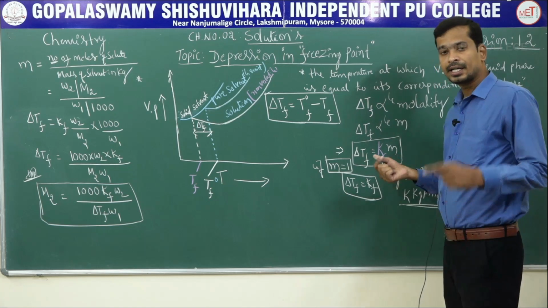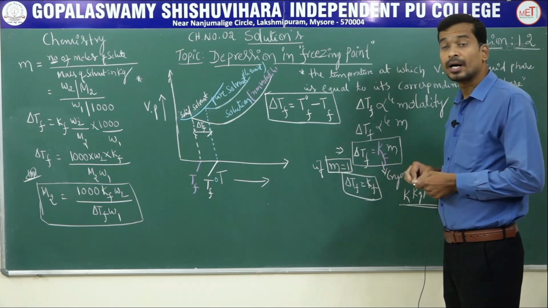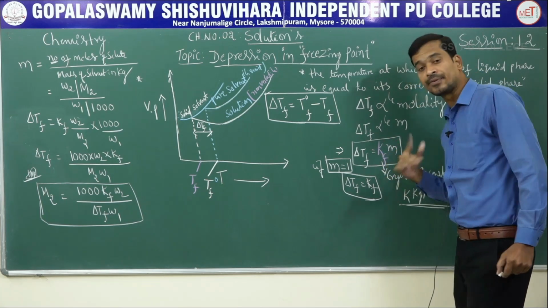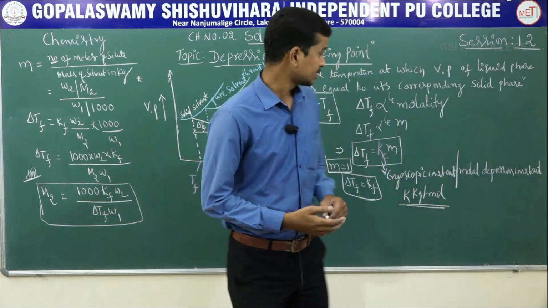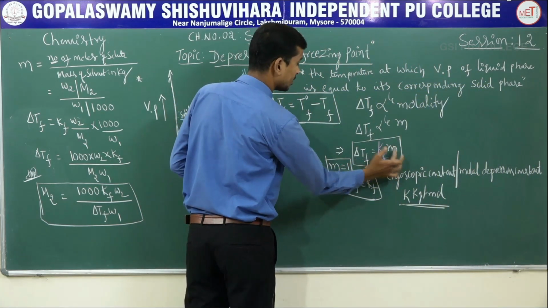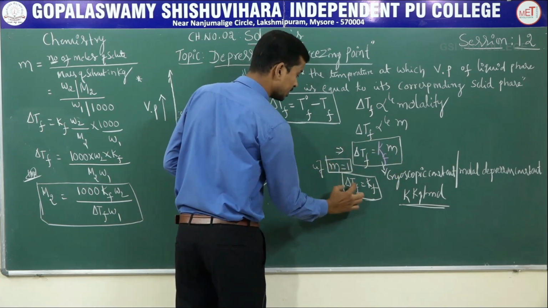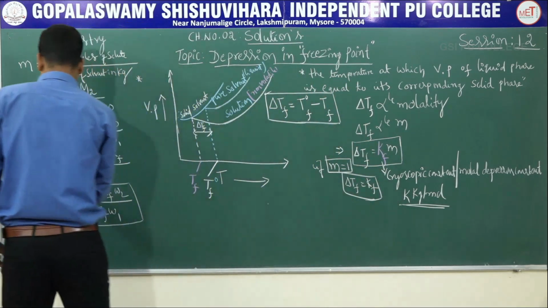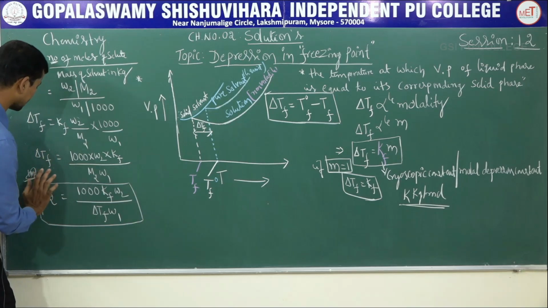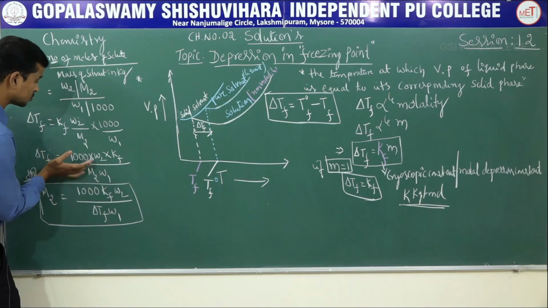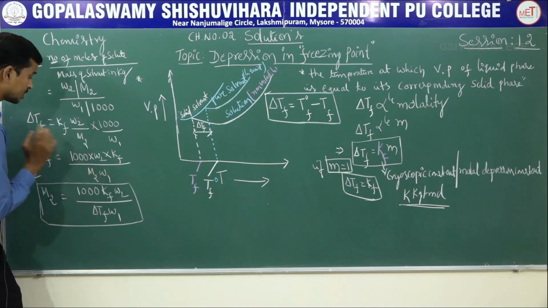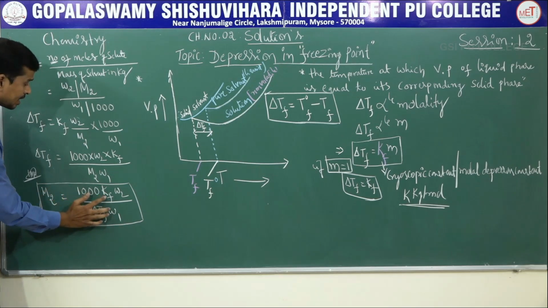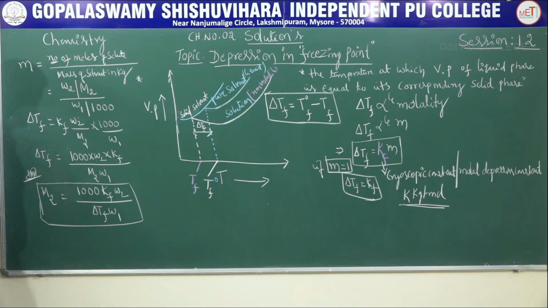Next, let us consider this expression. Already explained in the elevation in boiling point. Suppose the molality is the same. Kf has a different value for different solvents. That is very important. These are the important equations. Delta Tf is equal to Kf into m. If the molality is equal to 1, the depression in freezing point is equal to the molar depression constant. To find the depression in freezing point, use the formula 1000 W2 Kf divided by M2 into W1. To find the molecular mass of a non-volatile solute, M2 is equal to 1000 Kf W2 divided by delta Tf into W1.